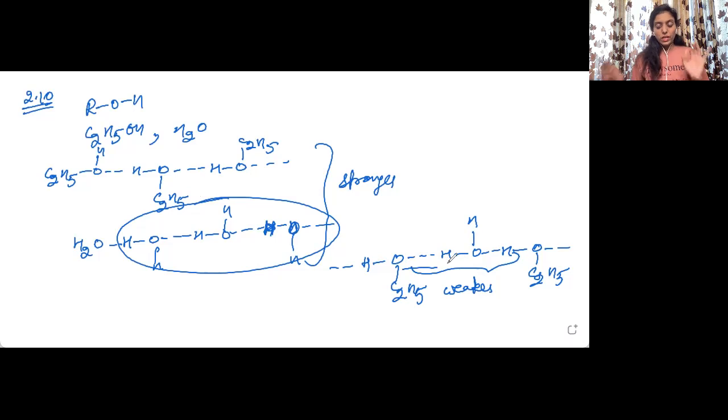Now what will happen? If the resultant interaction is weaker, vapor pressure will increase. Now, if the vapor pressure increases, this means the boiling point will decrease. So this will be the impact of the intermolecular interactions on the solution of ethanol in water. Previously, the hydrogen bond in water molecules is stronger. Then when these two are mixed together, the resultant hydrogen bonding between alcohol and water molecule becomes weaker. So the vapor pressure increases, boiling point decreases.